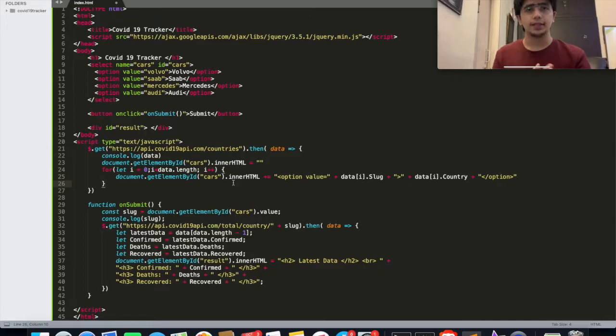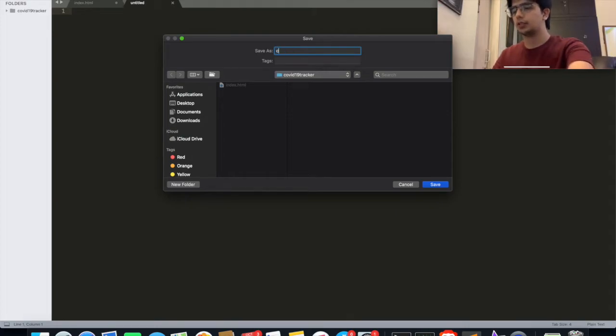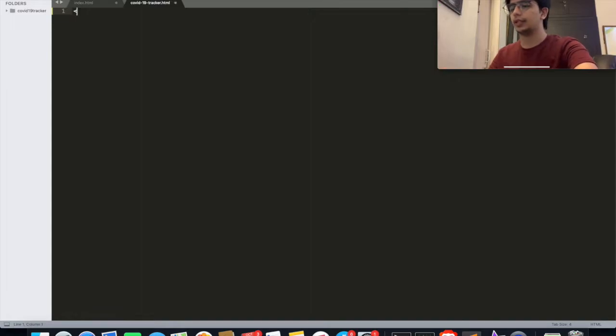We are going to do this using absolutely basic HTML and JavaScript. There are going to be no libraries, no plugins. It's going to be very simple, and as you can see, it's all done in 40 lines of code. So let's get into it. Alright, step one, as always, I'm going to create a new file and I'm going to call it COVID-19 tracker. Let's just set up a simple HTML template in here.